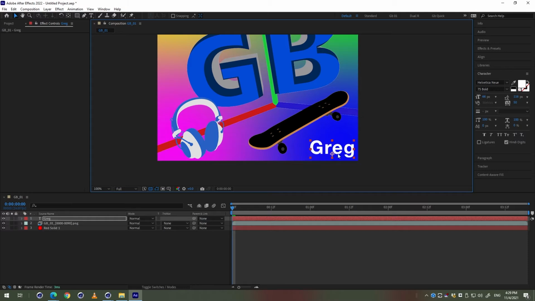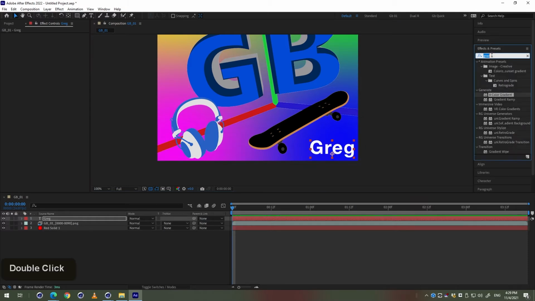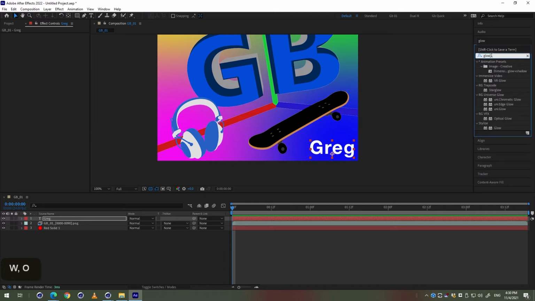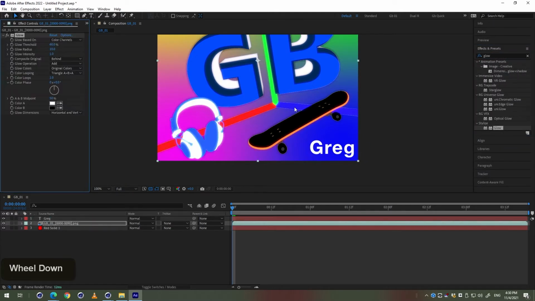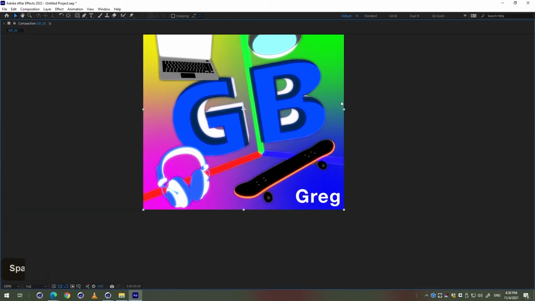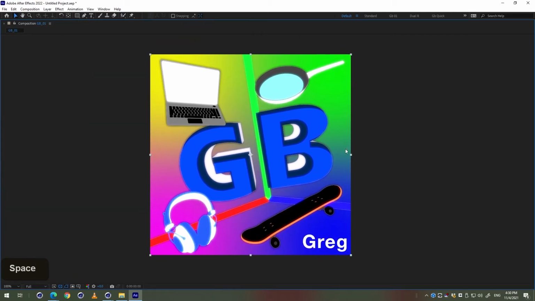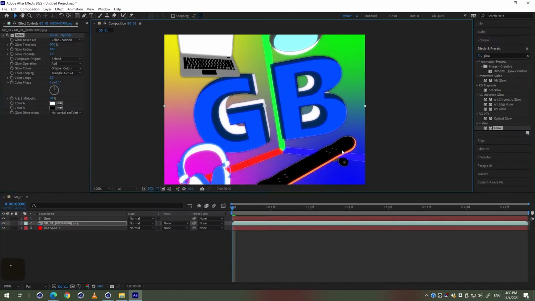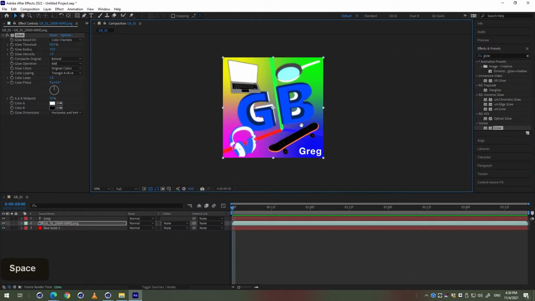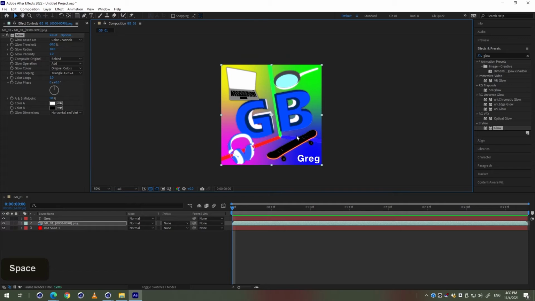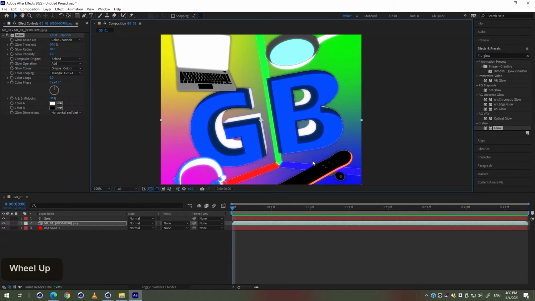So like this, you can add different effects to this. Maybe, you know, I want this to sort of glow. So let's see if I got any cool glow effects here. There we go. So now I have my logo here being a little bit glowy compared to what it was before. So now that I'm super happy with my glowing sort of quad color background with my text at the bottom,